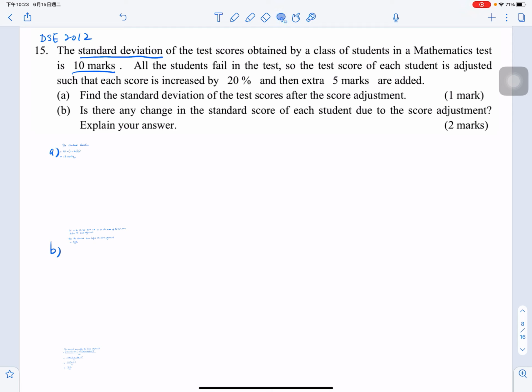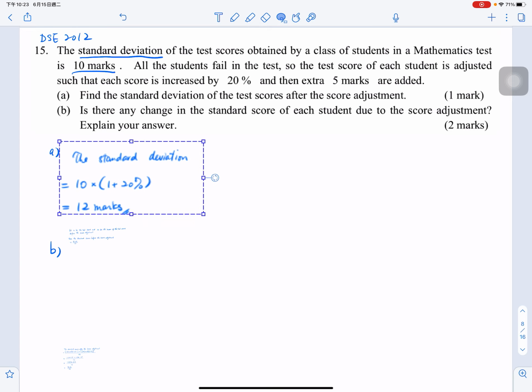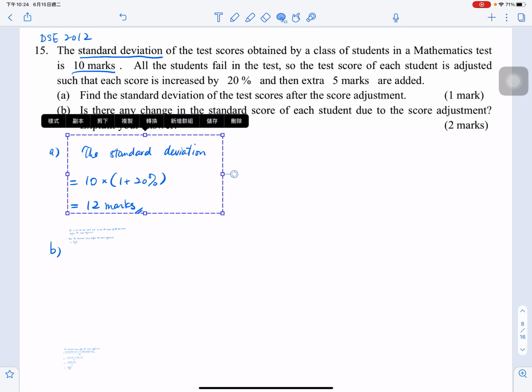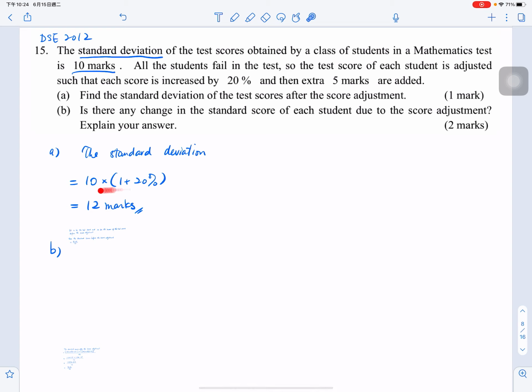加完之後會點樣呢？究竟？See? Standard deviation. If increase 20%, that means 10 times 1 plus 20%, then it's 12 marks. 對於 standard deviation 嚟講，如果你係增加咗20% 嘅話呢，就照乘翻。咁加咗5分有冇影響呢？ Any adjustment after add 5 marks？如果齊齊加5分嘅話呢，就只會係咁樣樣，所以對個 dispersion 呢係冇影響嘅。OK， 咁所以呢係唔會影響到個 standard deviation 嘅，所以呢個只係12 marks 啫。